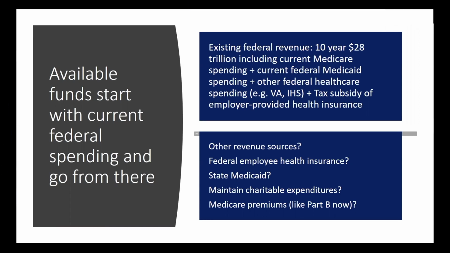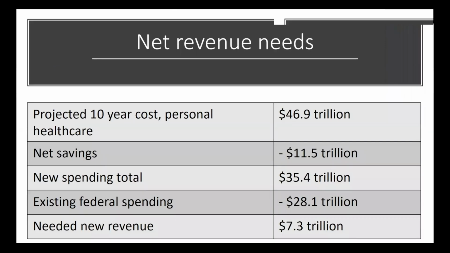Senator Warren thought you could. I'm not sure. They're charitable contributions that are a significant amount of money. Are they all going to go away if we have Medicare for all? I'm not sure. Nobody has counted those in. And then seniors are paying Medicare Part B premiums. I think we should stop that, but, yeah. So you take it all into account by my estimates, which are optimistic on savings,